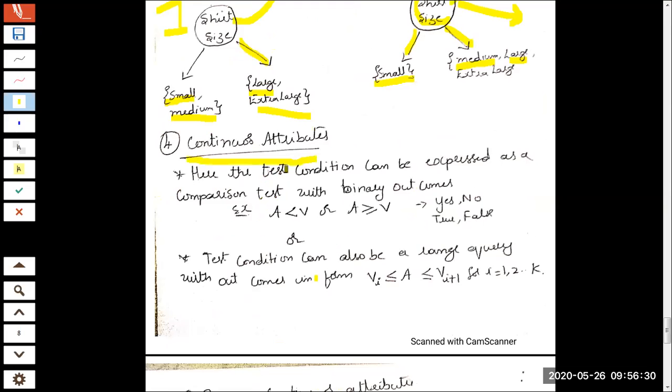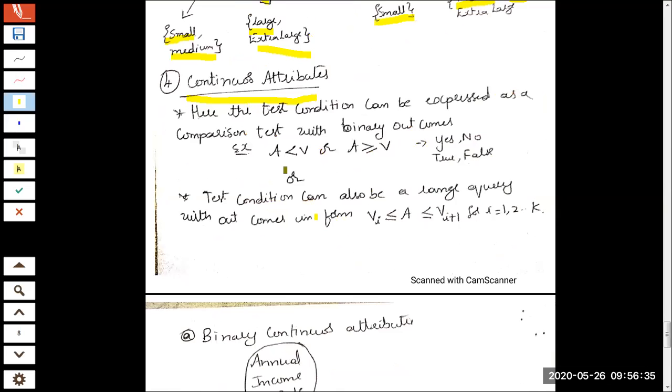We had discussed this, if you remember, in module 2. Now, can you give me a few examples of a continuous attribute? Already explained: the salary of an employee. It can start from 1 rupee and go up to 1 crore. So salary can be a continuous attribute because you are seeing a range of values there.